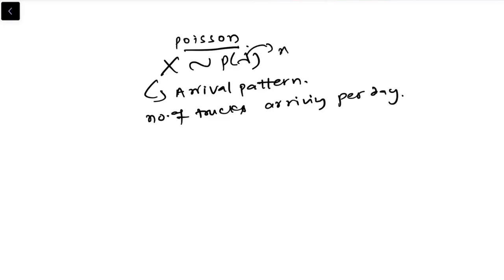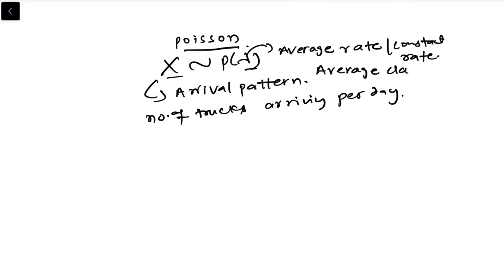and lambda is the average rate or constant rate, and the unit of lambda and X should be the same. Okay, if it is not the same, we'll make it the same while doing the calculation. All right, so average rate, for example, average claims per year, so you can see here the unit is year and here the unit is day, so we need to make this the same while doing the solutions. Okay,